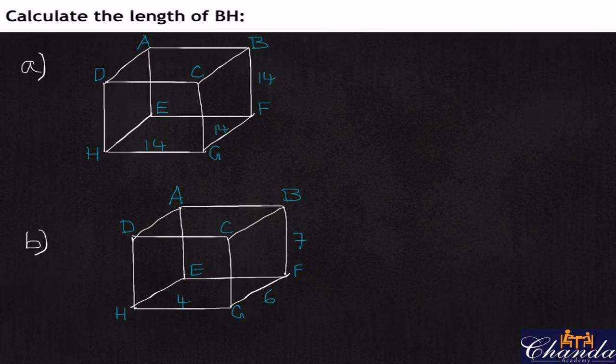All right, so this question says, calculate the length of BH. Let's see what BH actually is. Let me use the color pink, so it stands out. So there's B in the top right-hand corner, and there's H in the bottom left-hand corner here. So if I was to draw a line between them, joining H,